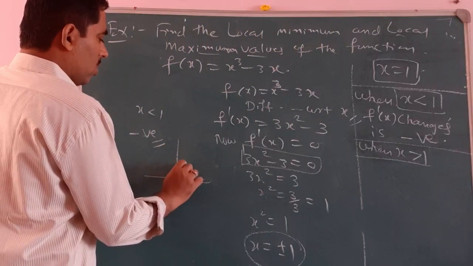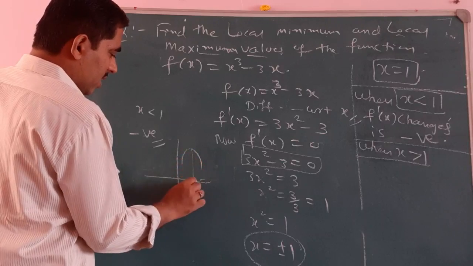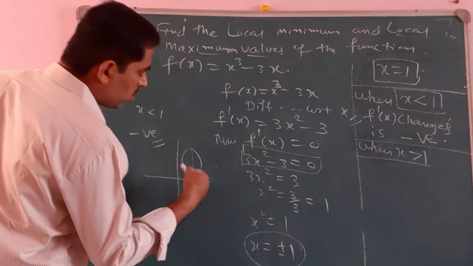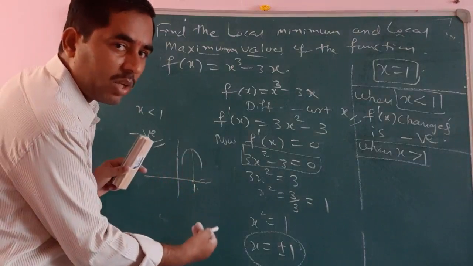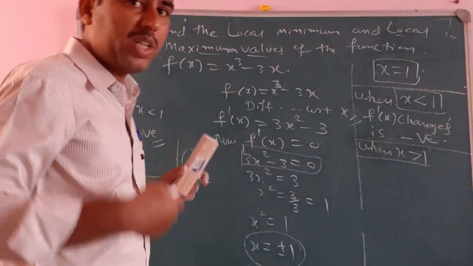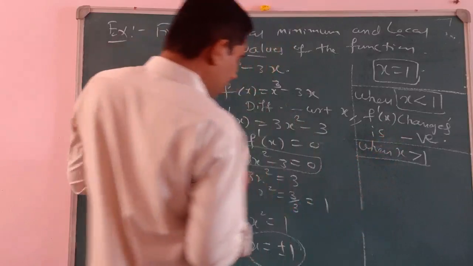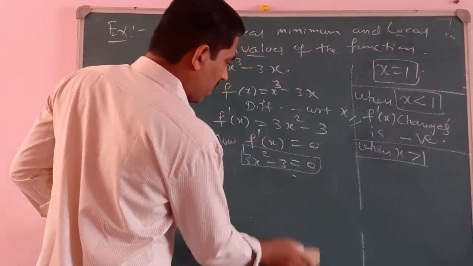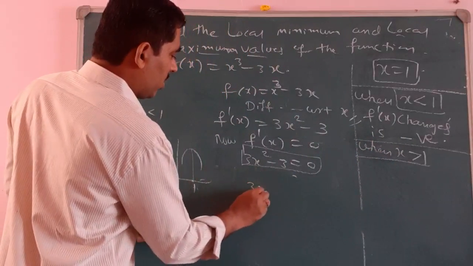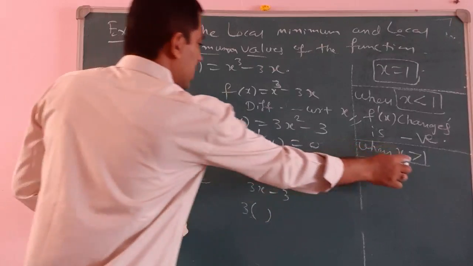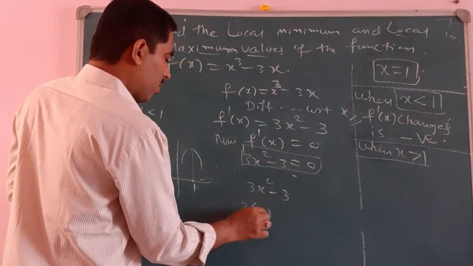When x is greater than 1, so this is 1, I have to move to the right side of 1. Slightly greater than 1 means 1.1, 1.2, 1.01, whatever the values; that is only rough work. So where is the derivative here? I can take this derivative, 3x square minus 3, with x slightly greater than 1. So I will take, say, 1.1.